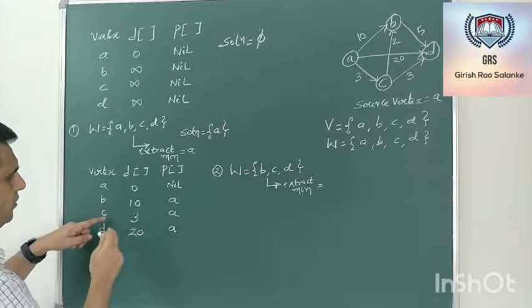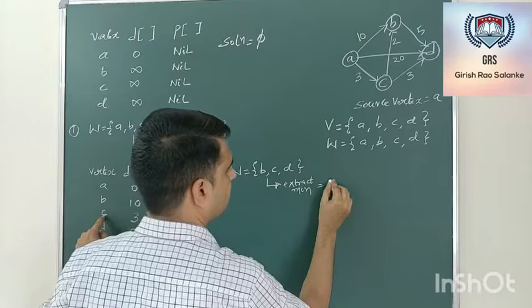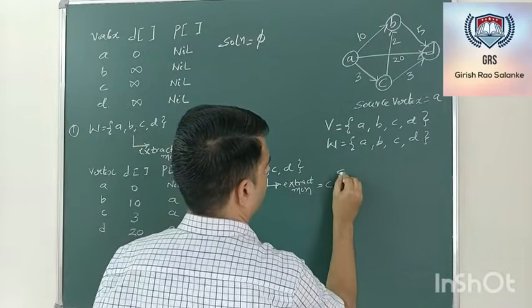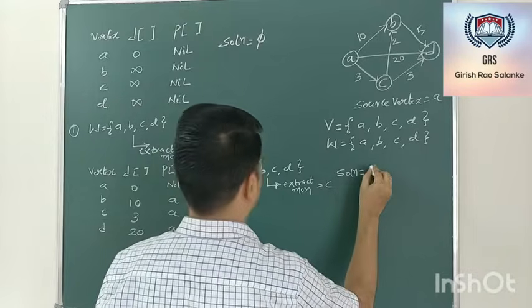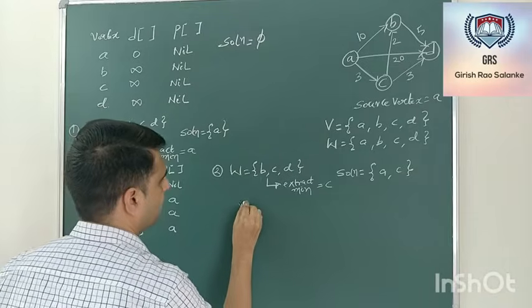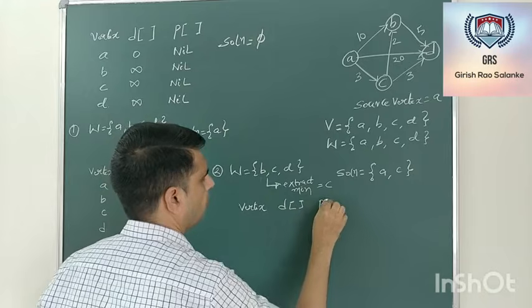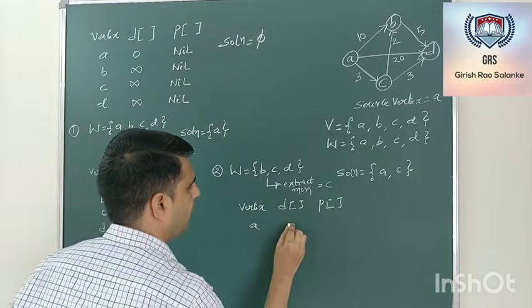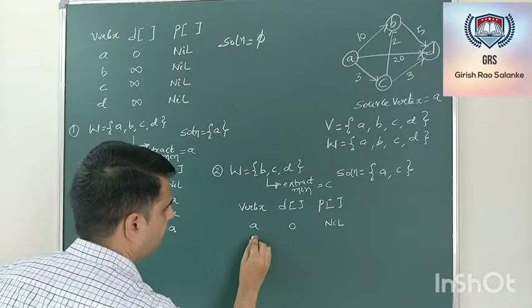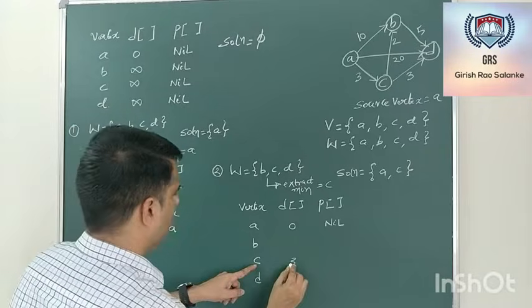So among these three nodes, which node has the least distance? That is 3, which is nothing but C, having a value of 3. Now I will add this C to my solution vector. Now my solution vector will have A and C. Now I need to update the distance with respect to C. A is 0, this is nil. Among B, C and D I have selected C, so C's distance is not going to change.